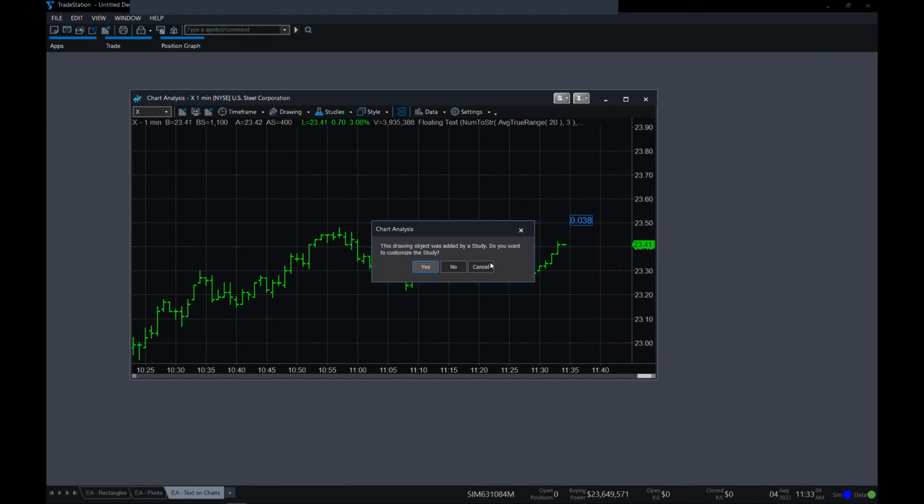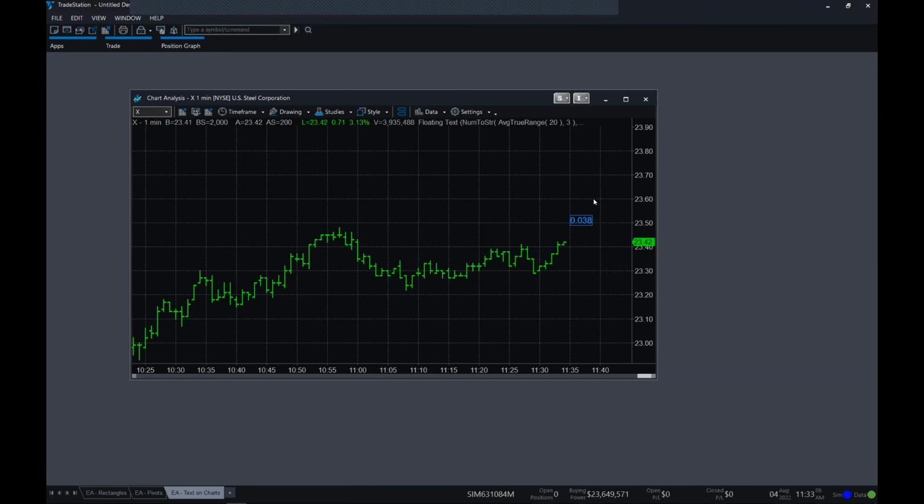The first question, let me back up actually. The first question we had was about, I'm going to interpret it in general terms, putting a piece of text on a chart and having that text remain in place as new bars form in real time, and having it display some sort of value that's updating in real time. That value could be almost anything, but let's just take a look.